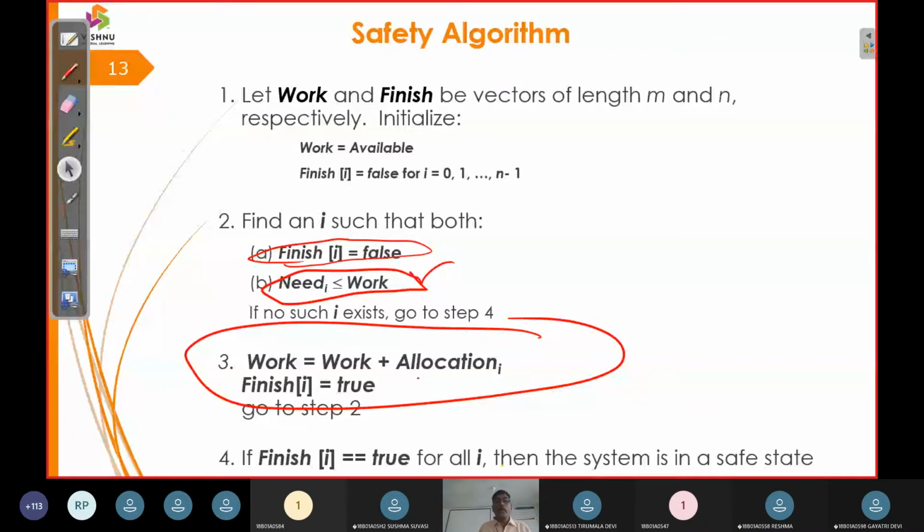So this is what we now have to take back from the C code, where this C code is supporting the safety algorithm third step, that is work is equal to work plus allocation, and where this algorithm is going to bring up finish is equal to false. So already there are 5 processes, we have already given those inputs, so the step will be iterated 5 times. So now we can assume there are that number of processes, and available is going to be moved into work.